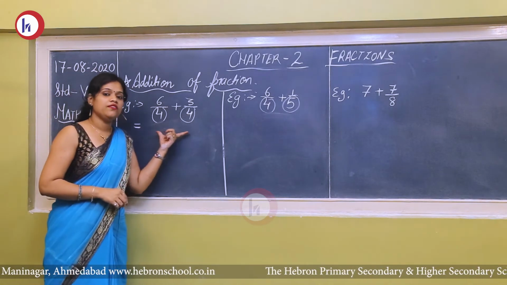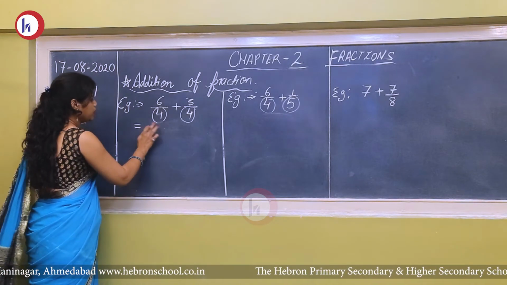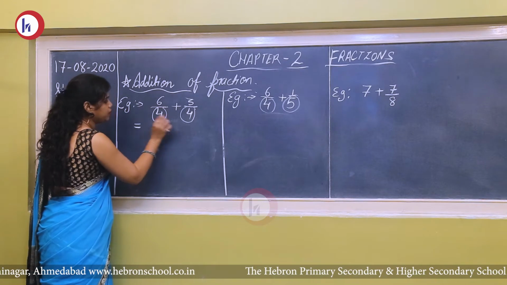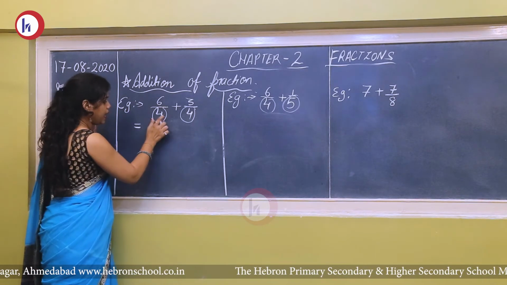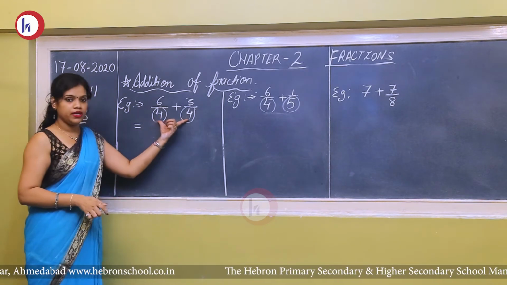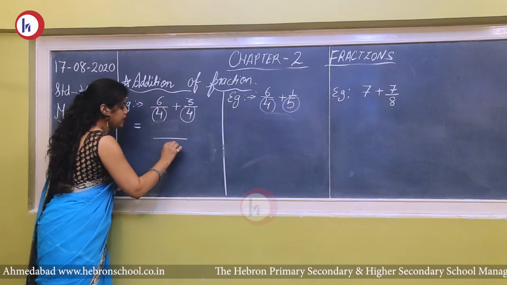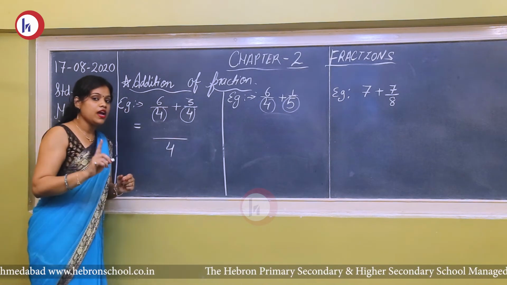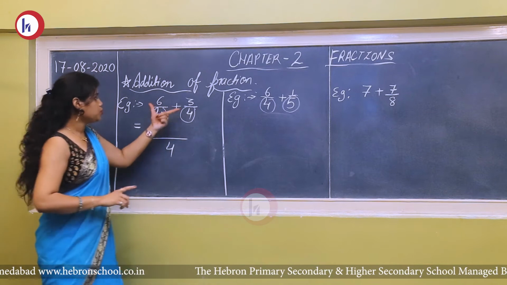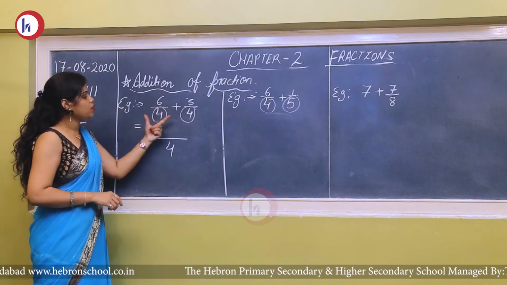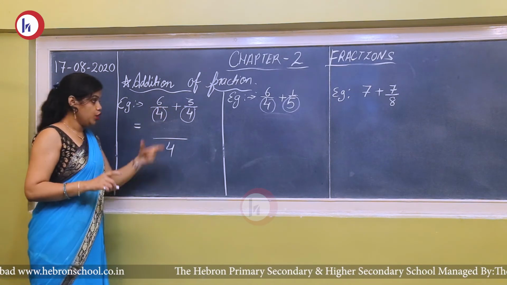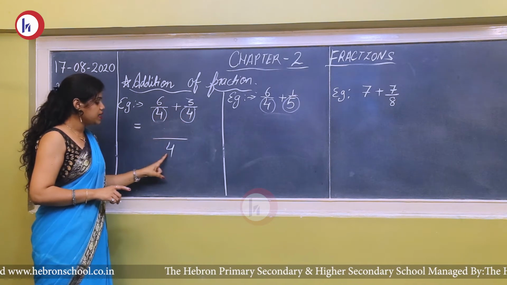So whenever you have like fractions, what do we do? In like fractions, you don't have to take any LCM or anything. As both the denominators are equal, you will write it one time. Now what you have to keep in mind is what students do: they say, teacher, 6 plus 3 or 4 plus 4 will be 8. No, you have to take 4 one time only.